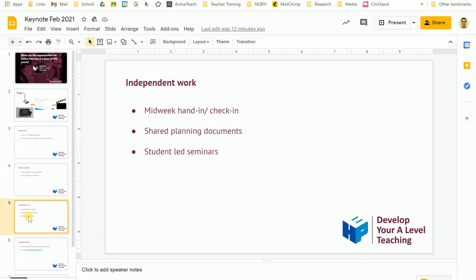And again, this could take different forms. It might be that, for instance, students start off with an essay plan. You've gone through new material in a lesson, the students are to go away and write an essay on that topic. But perhaps what you want to see is a short essay plan halfway through the week that lets you know that they're going to be on the right track.